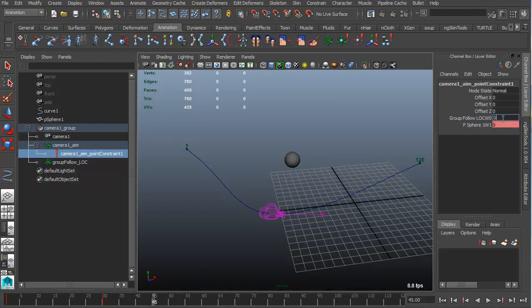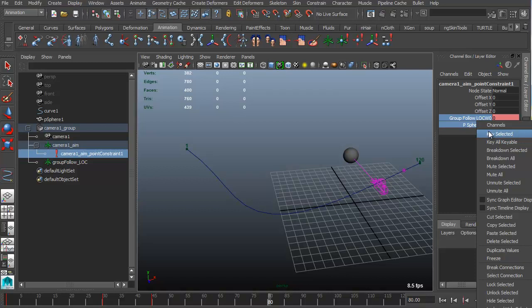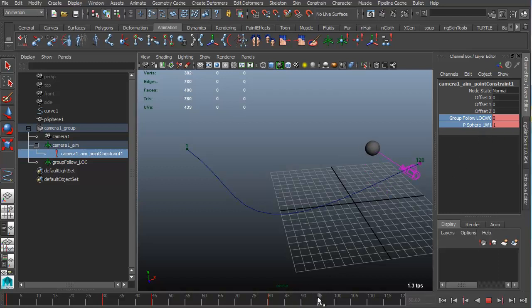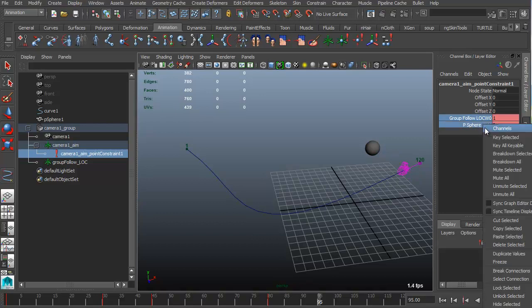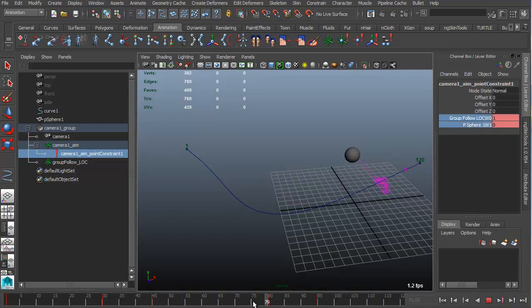So if we do 0 on the ground follow lock, group follow lock, and then 1 key, you can see it follows completely, and then it starts to move over nicely in between there. And then we can say 80 is going to be the last complete. And then by 95, he's going to go back to the path. And if we keyframe that again,